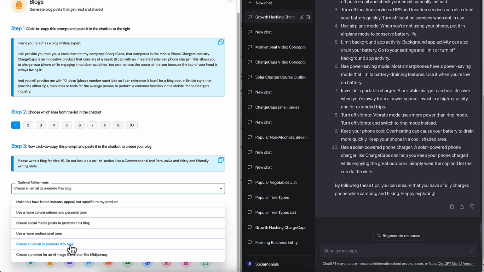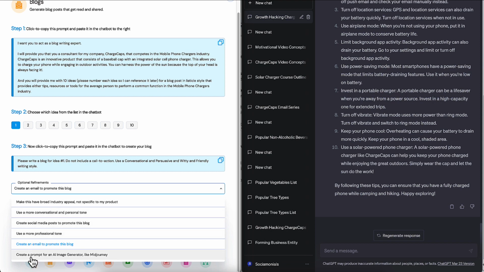By the way, you wouldn't want to do this until you've added this to your WordPress site. And in the future, you'll be able to add it to your WordPress site from within our tool. But for now, you're going to have to copy this, paste this into your WordPress site, grab the URL of the final WordPress blog location, and then you would create that email and send people over to your WordPress blog